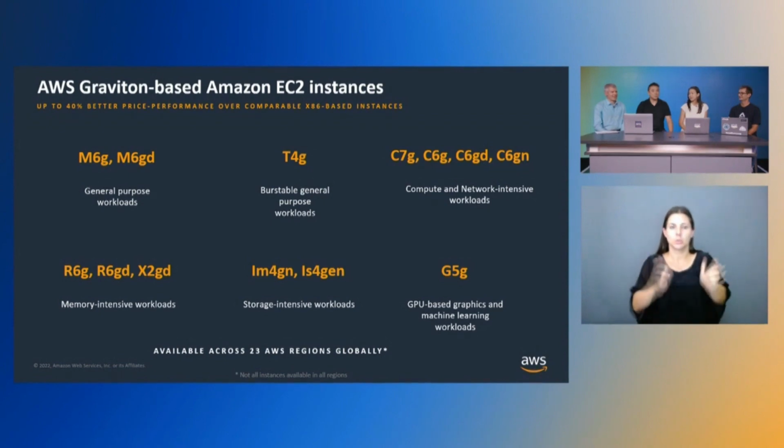Yeah, there's another important and impactful aspect of Graviton that I want to make sure we talk about, which is its energy efficiency. This is going to enable our customers to lower the carbon footprint of their workloads that they're running on Graviton and make progress towards their sustainability goals. Graviton processors deliver the best performance per watt in EC2, using up to 60% less energy for the same performance than comparable EC2 instances.